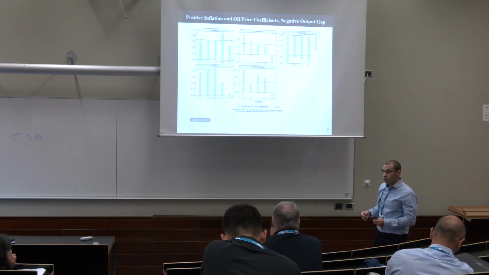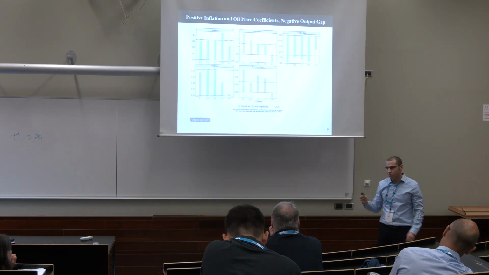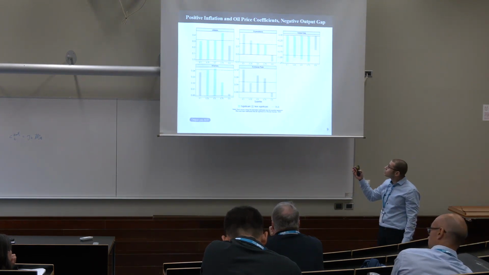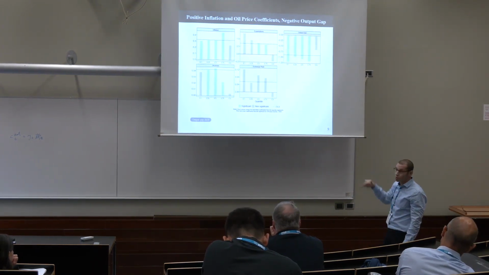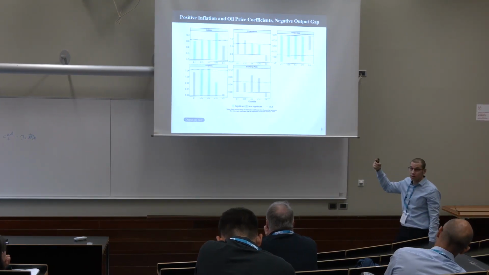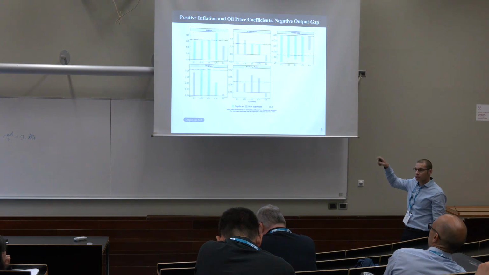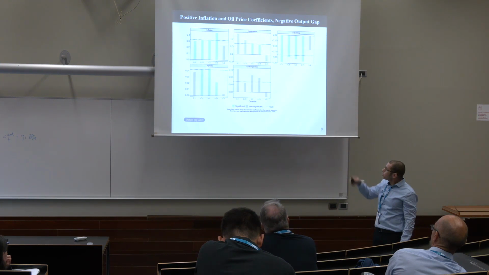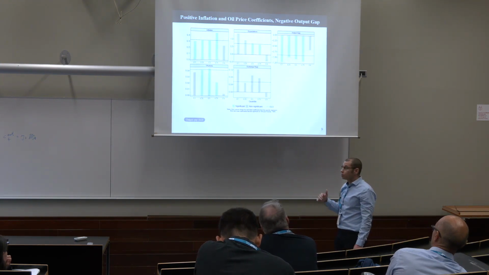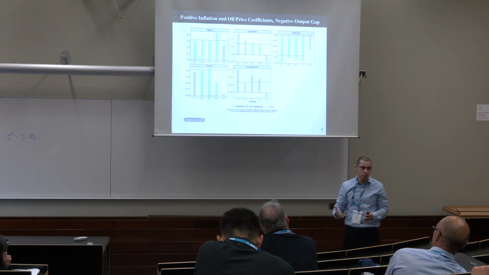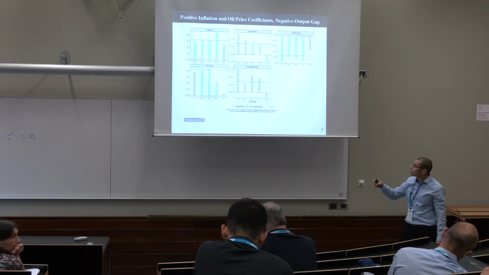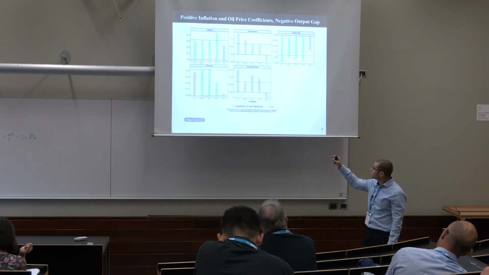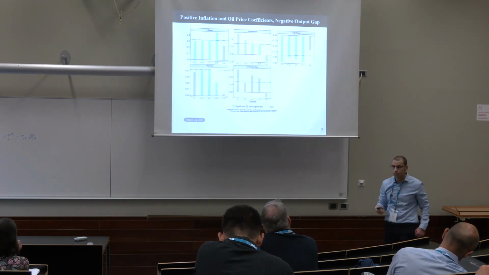What you can see here is that there is a positive relationship between current and future inflation that just reflects the inertia component in inflation. You can also see that this relationship is relatively stable across the distribution. The bars are of similar size, and they're pretty close to the dashed line, which represents an OLS estimation. Now, if we look at the left lower plot, we can see the relationship between oil prices and future inflation. Again, a positive relationship, but it seems to be more pronounced in the center of the distribution. You can see that the tails are insignificant, and the right tail is of a much smaller magnitude.